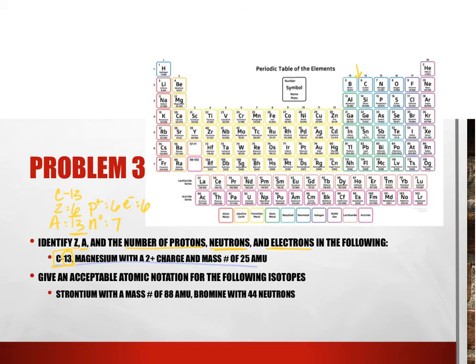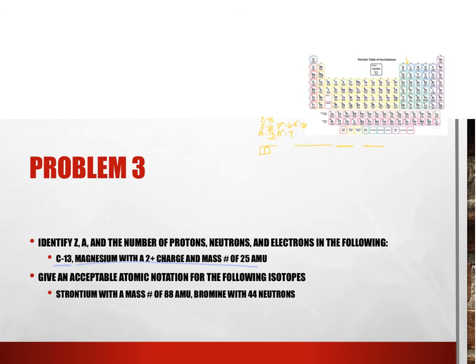I want to give you a bit more information, so I'm going to minimize this really quick. There are two main ways to write an isotopic notation. So the first way is written here, C13. This gives you information about what the atomic symbol is, and then it also gives you the mass number. Another way to write this exact same isotope, but in a different notation, is to write C, and then at the bottom,